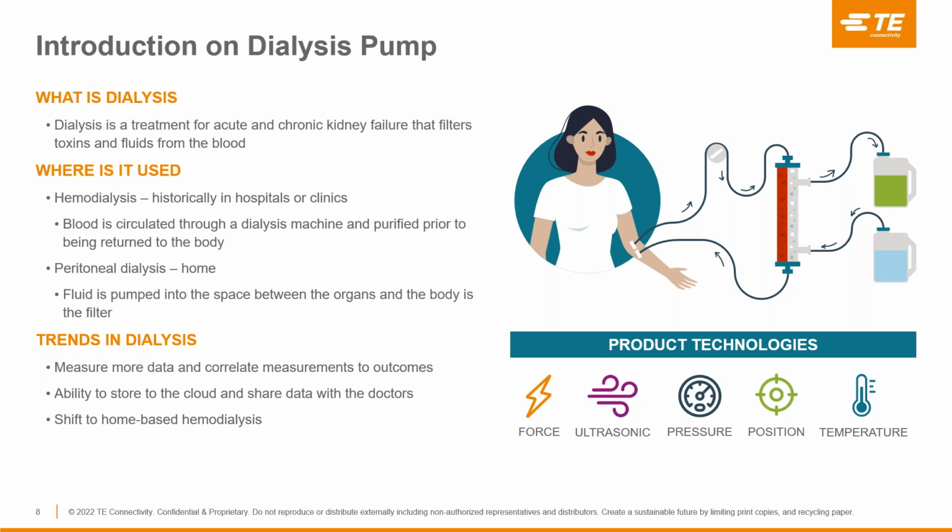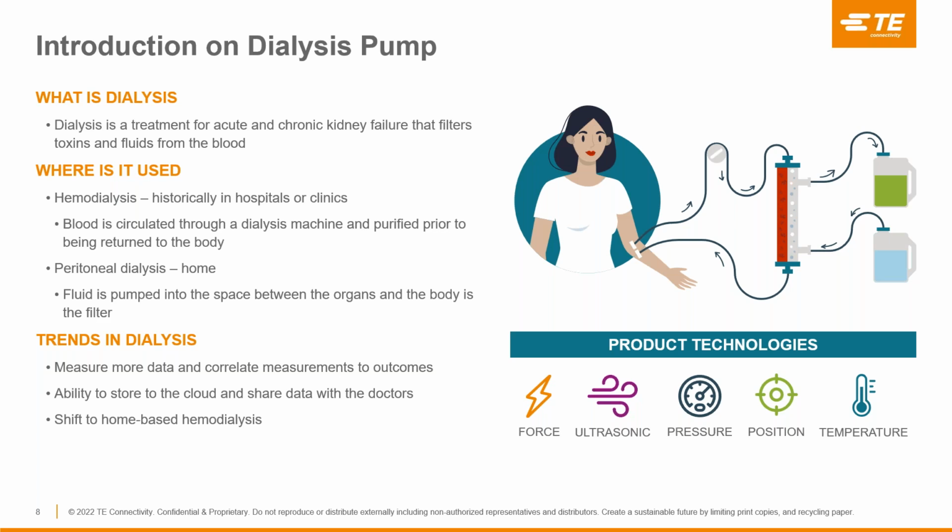In dialysis pumps, we have 2 different types, and historically they've had kind of 2 different locations and use cases. Hemodialysis is one that's historically been done in hospitals or clinics. In this treatment, the blood is removed from the body and circulated through a machine, purified, and then returned to the body. Patients that undergo hemodialysis typically undergo 3 to 4 treatments a week, and they do that at a dialysis center,